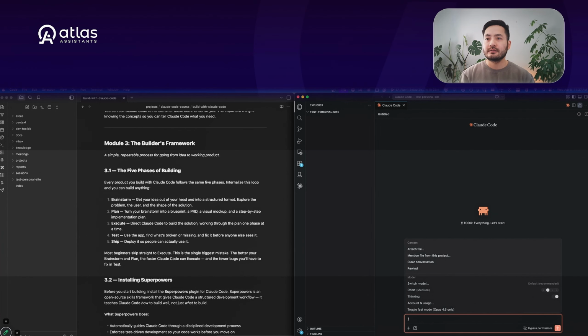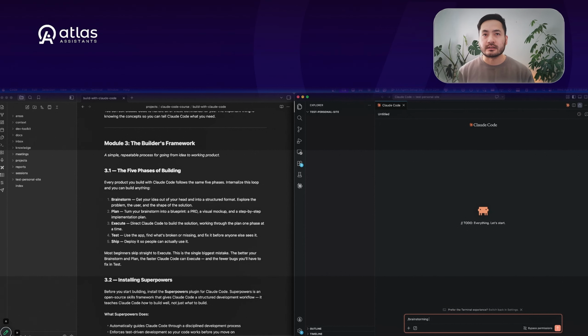You just go /brainstorming. You can use either; they're both the same thing, both from the Superpowers plugin. It will do exactly what I've outlined here. You just go brainstorming and then talk to it. Brain dump: here's my idea, here's what I want, here's what I'm thinking. Then it's going to ask you more clarifying questions to gather the context, and when you have the context, then you switch over to